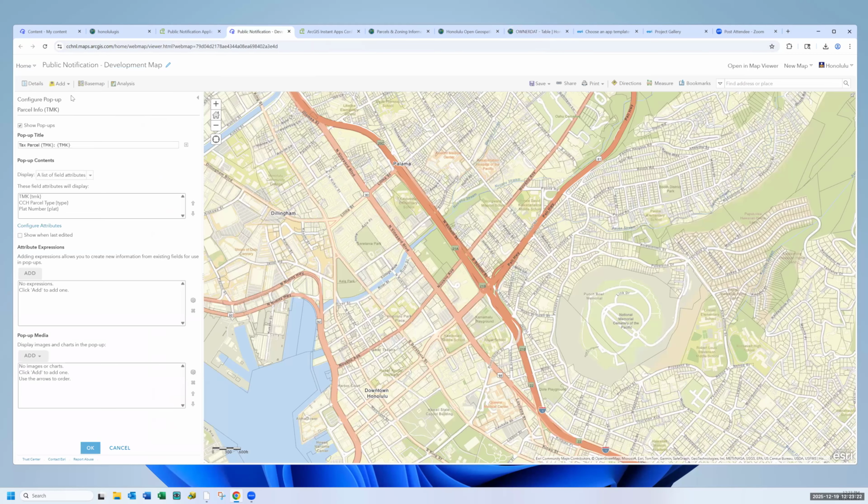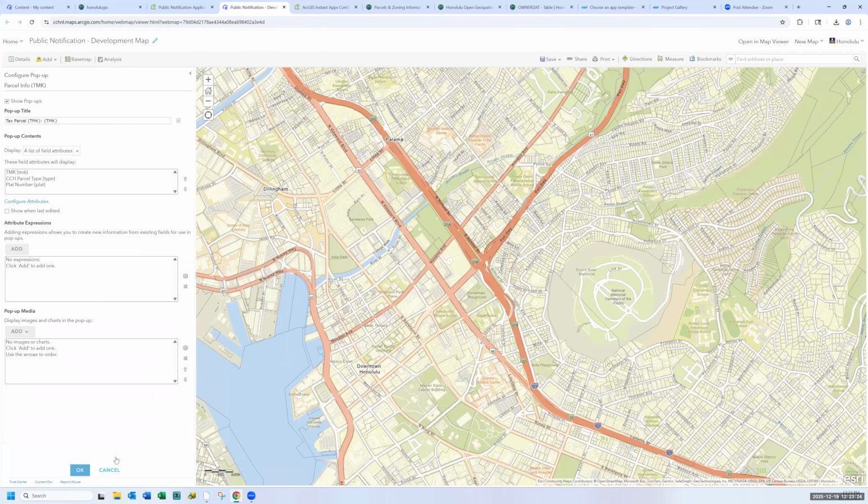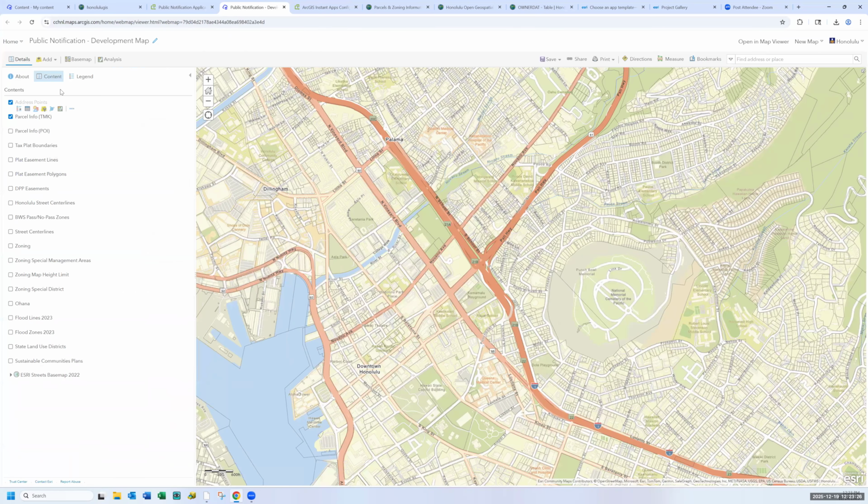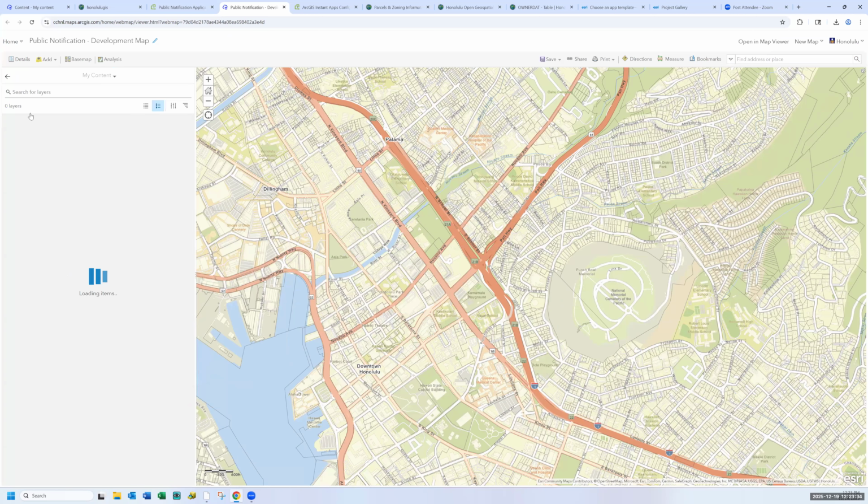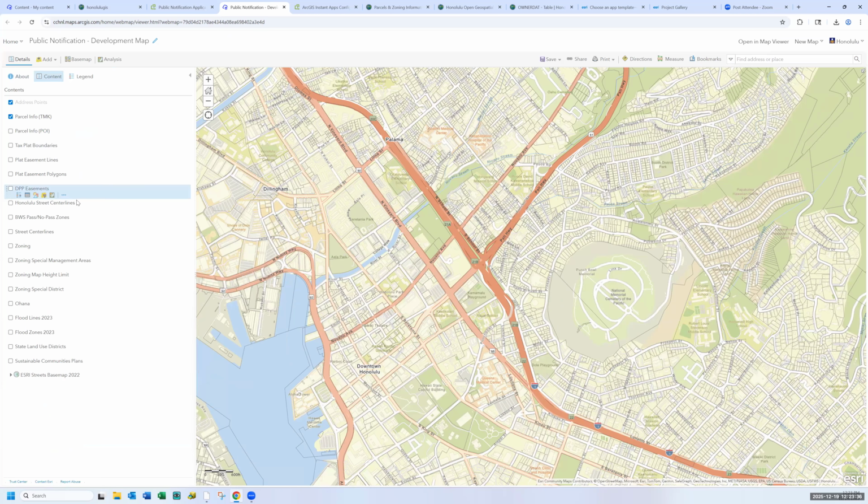First, you would make a basic web map and pull in all the layers you want, either from the Living Atlas or layers within your ArcGIS Online organization. I used an existing map that we use for one of our other applications, and then turned off all the layers that are not going to be used in the instant app to generate mailing lists.